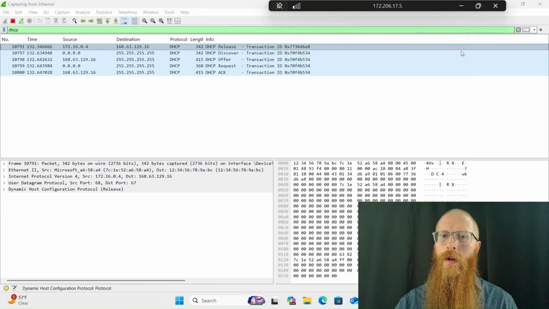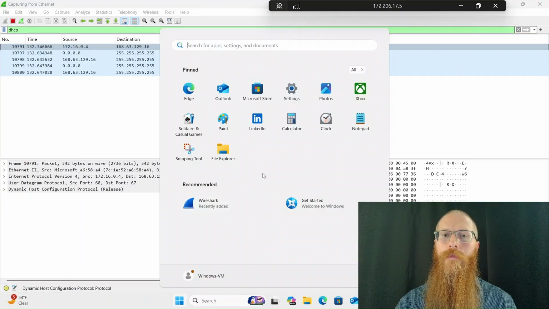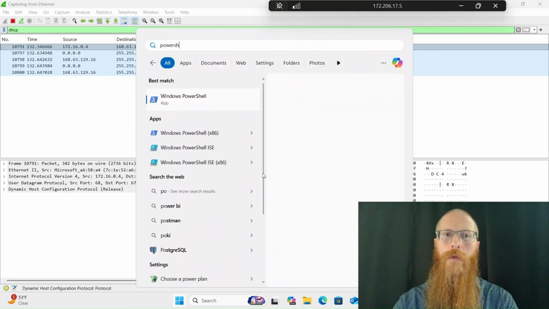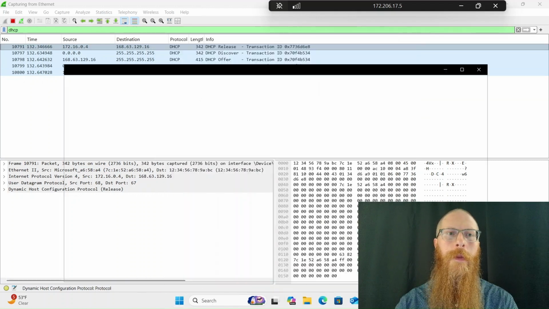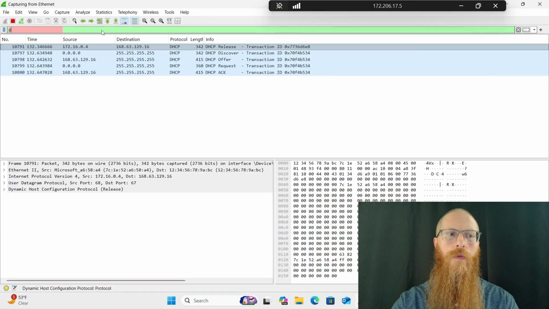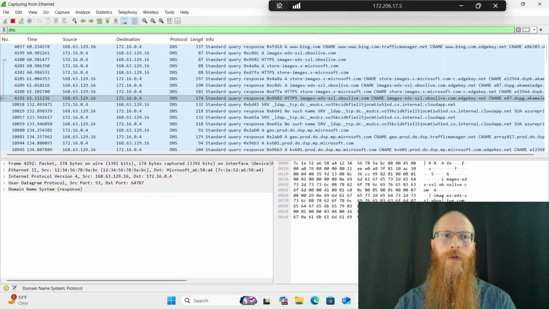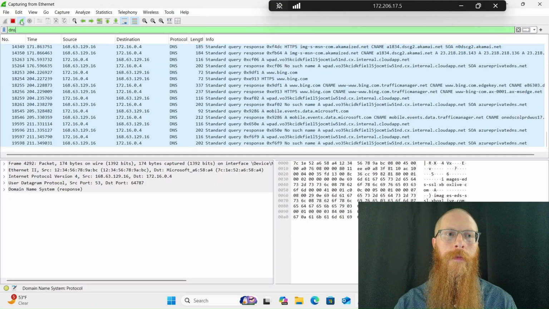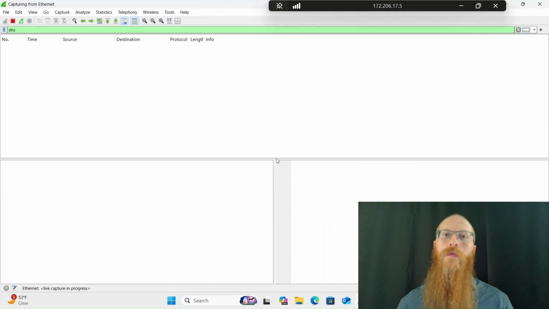So we're going to go ahead and exit out and move on to our next protocol. So open up PowerShell again. And this time, we're going to filter for DNS traffic. DNS is the domain name server. So that is what gives IP addresses a name. So it uses letters so humans can understand. So instead of 8.8.8.8, we can type in